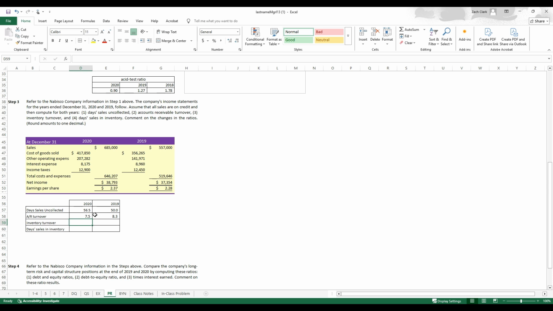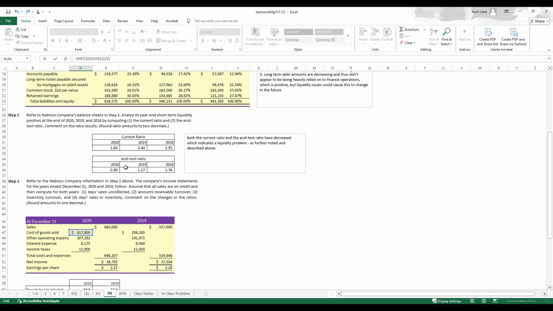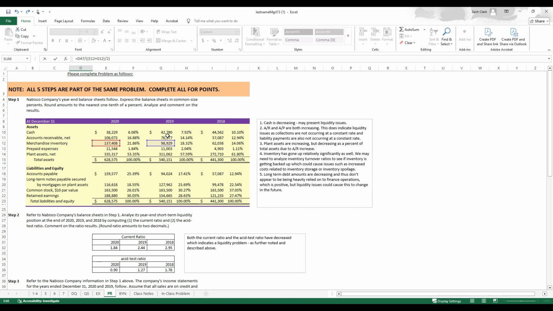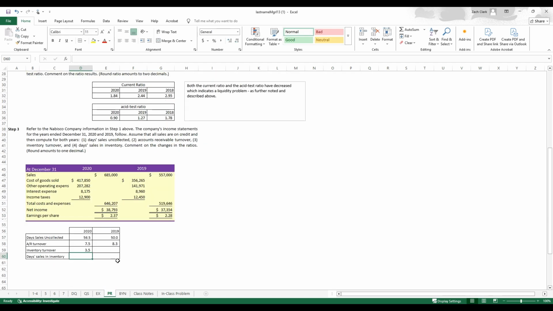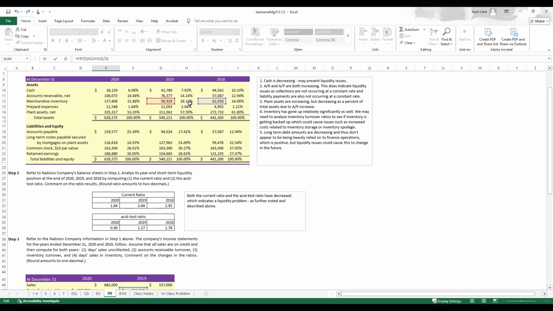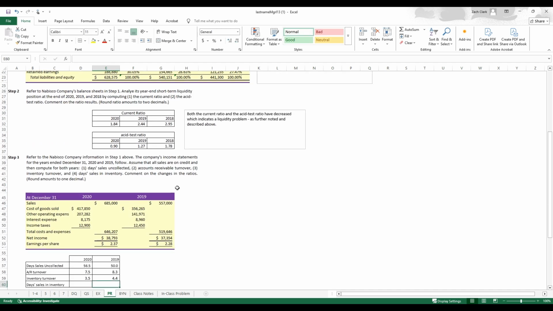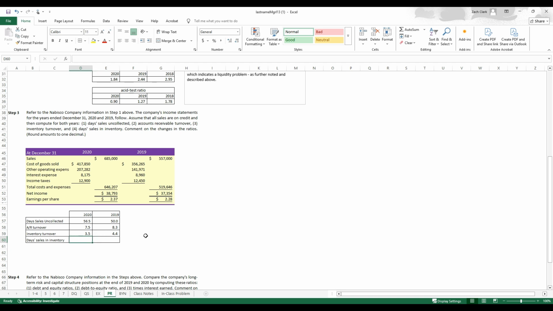Pretty similar formula, but we're going to use cost of goods sold instead of sales as our numerator. So cost of goods sold, and then we're going to use inventory instead of AR. Oh, that actually works. So nice. Sometimes it just works out. The formula is kind of set up for that. So again, cost of goods sold, these should have gone down correctly. So we're now referencing inventory. So that's cool. 4.4. So awesome. And then days sales in inventory